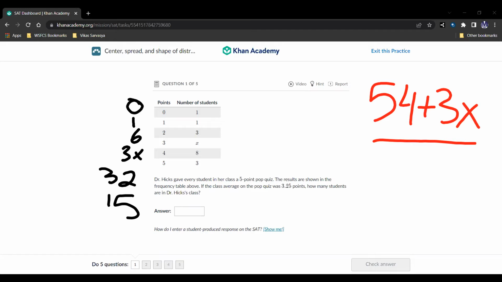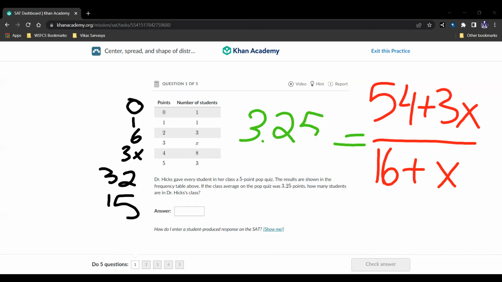Number of students is what? Well, 1 plus 1 plus 3, that's going to be the 5, plus the 8, 13, plus the 3 is going to be 16. It's going to be over 16 plus x. All right, well, now what do we do? Well, we're told that this average is going to be equal to 3.25, right? So what we can do is multiply by 16 plus x on both sides, and we get that,